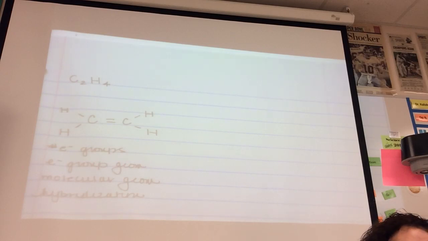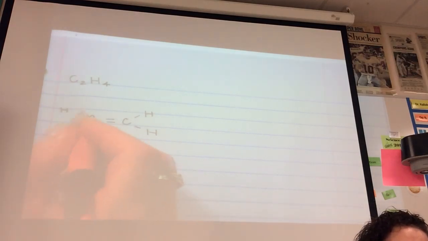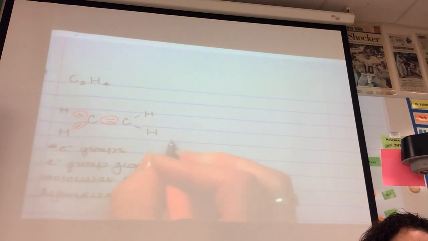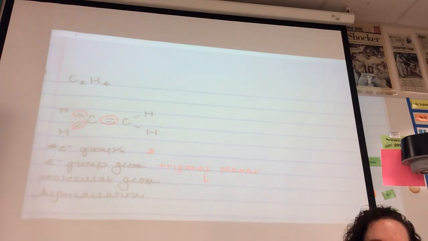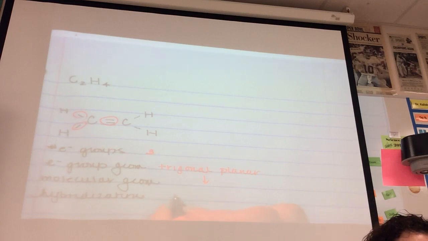Again, don't be confused. Single and double bonds count the same. 1, 2, 3. 3 electron groups. Trigonal planar. Anytime you have no lone pairs on the central atom, electron group and molecular geometry are the same. Now here's the hybridization. It's got to be equal to 3. So it's sp2,